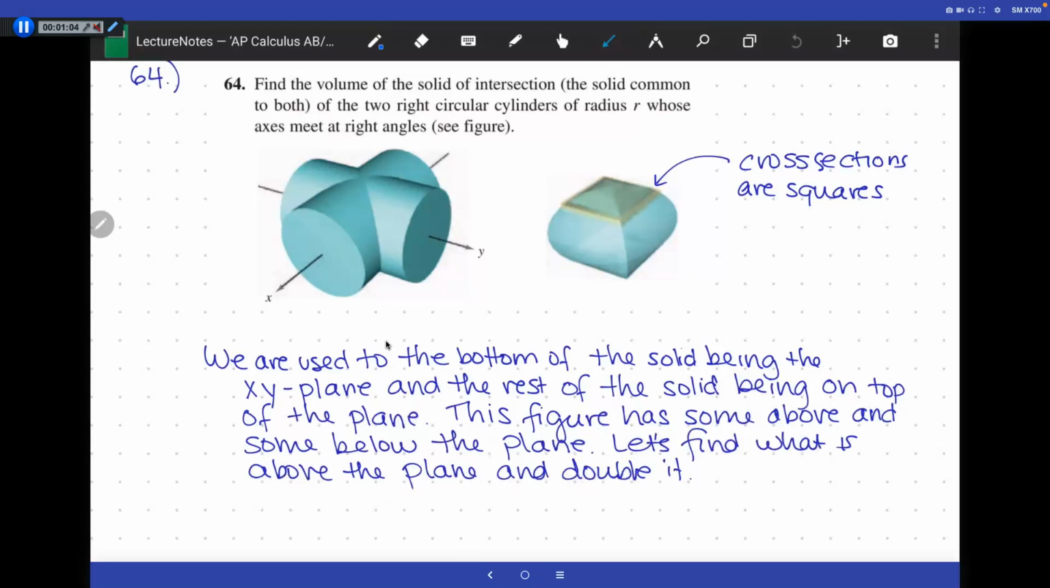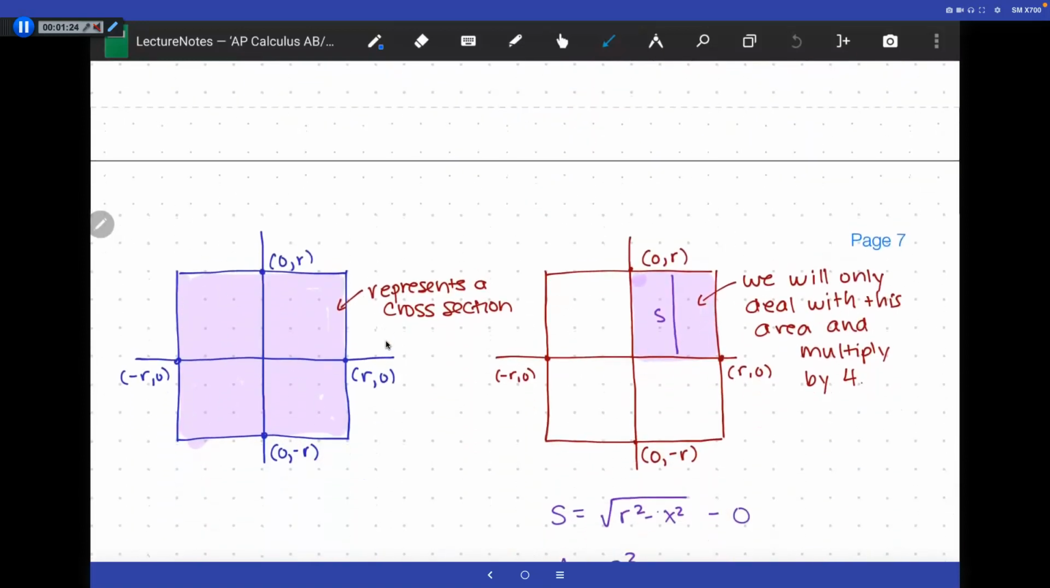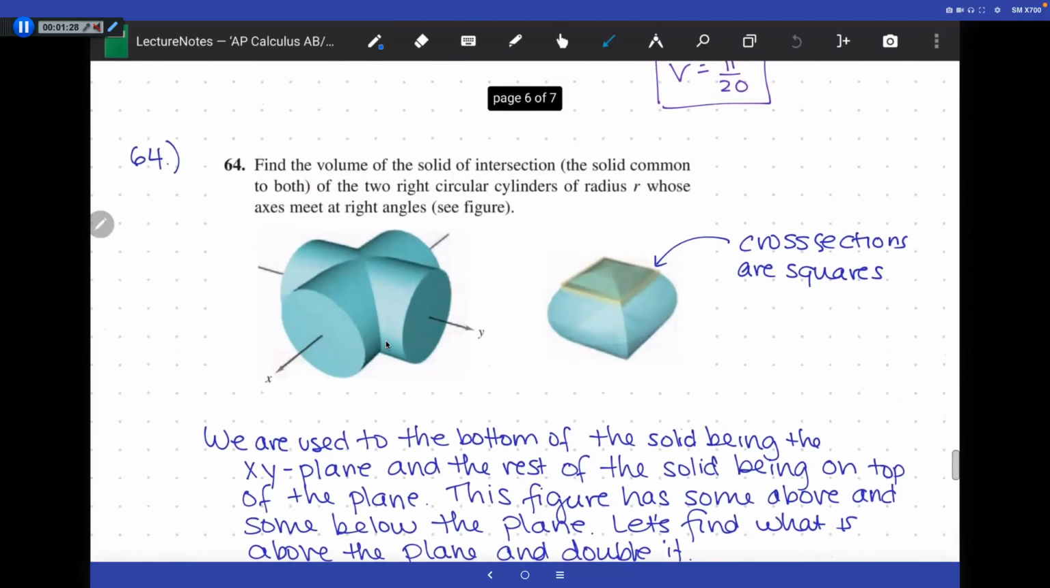So what I'm talking about there, remember the pieces of paper that I showed last time, like we're used to just the figure sticking above the XY plane? Well, we got it above and below, but there's symmetry. So I'm just going to look above and double that. So, we got this. Now, where this picture is coming from, if we go back here,